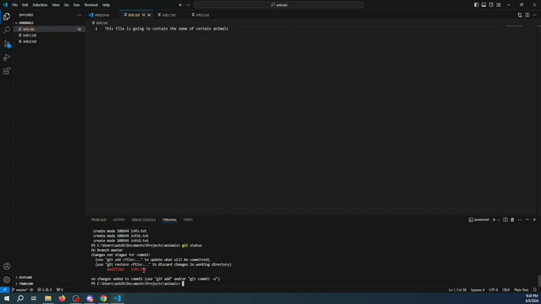So the info.txt file needs to actually be staged. We need to actually use the git add command, right, to move it to the staging area before we are then able to commit our changes